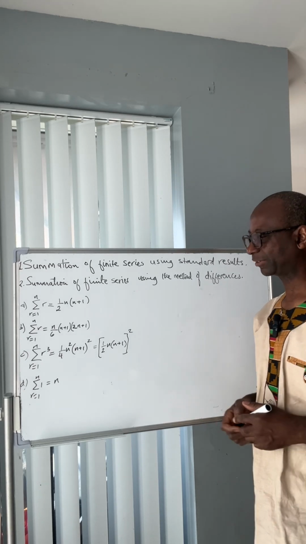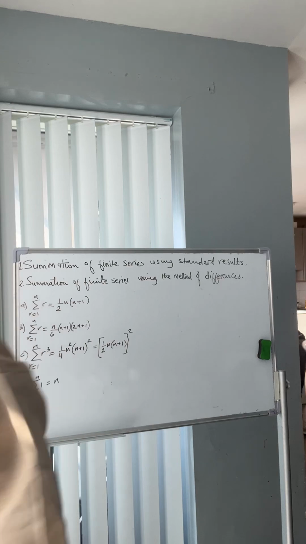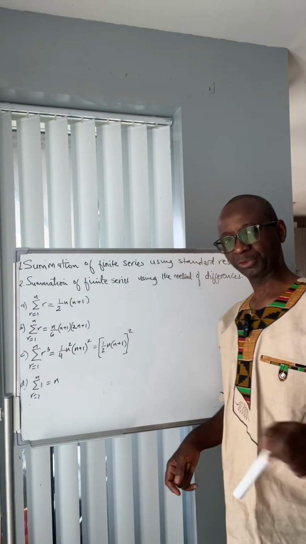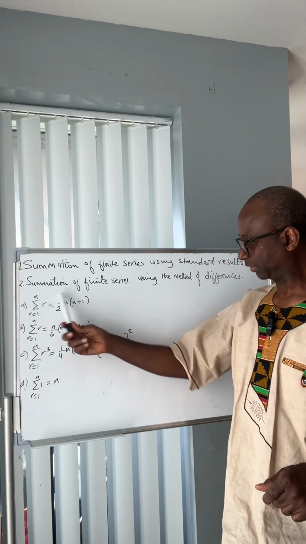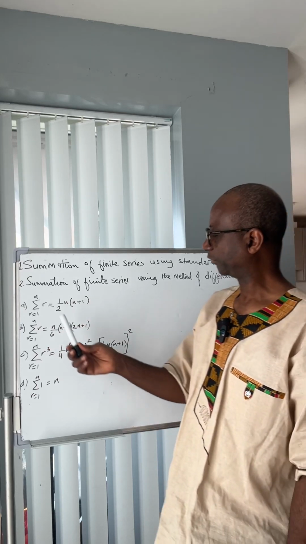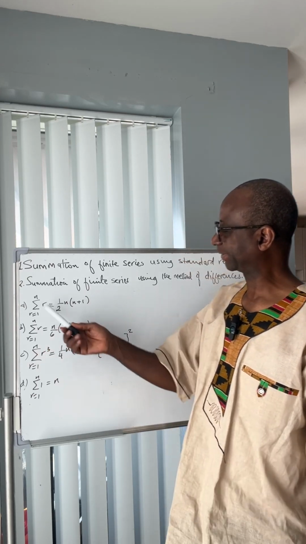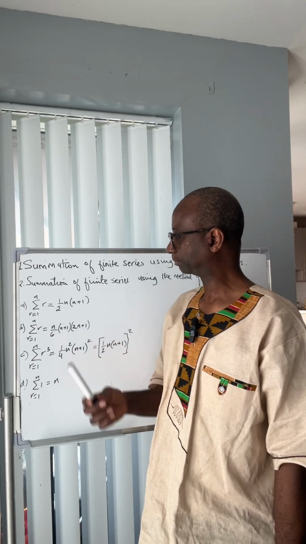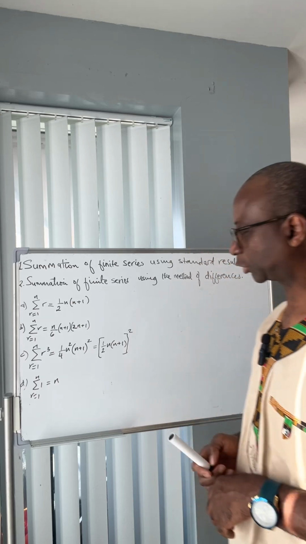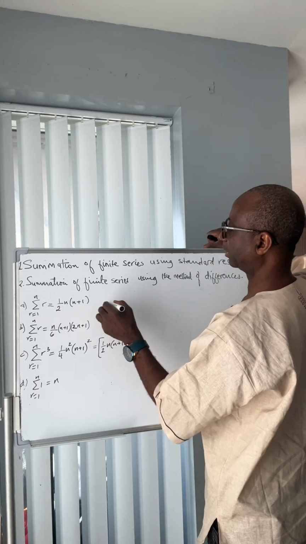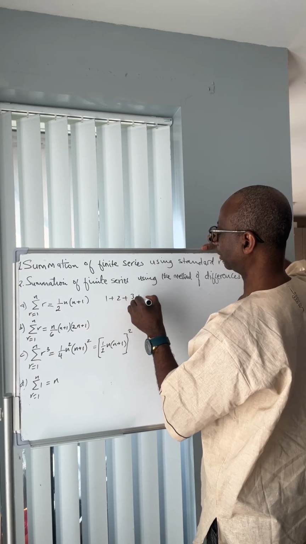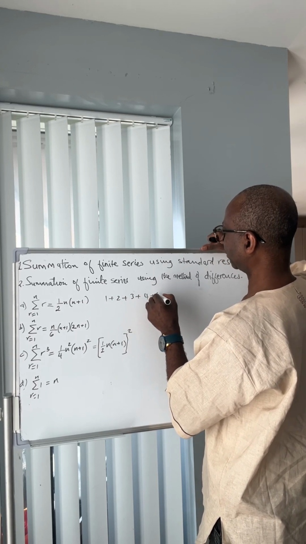When we say standard results, what are these standard results? These are results, some of which we have proven during the course. We have derived this first one you see here. If you are asked to sum up a series of this form, like the summation of the first natural numbers, for example, you are asked to add 1 plus 2 plus 3 plus 4 plus 5,